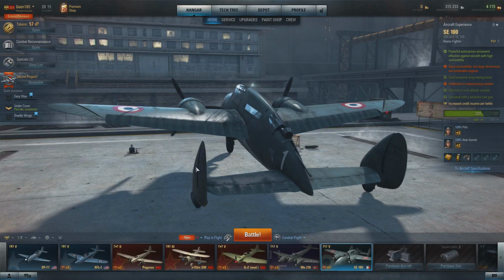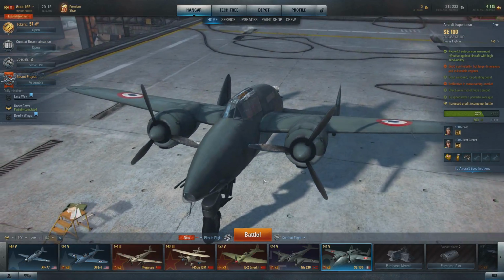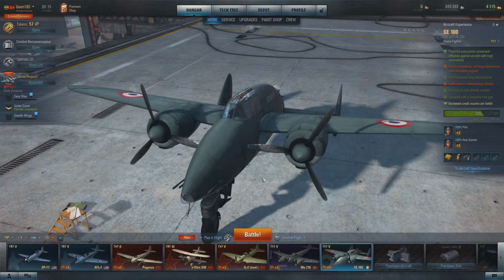It can't carry bombs, though. That's pretty much the only downside to this vehicle. However, there's another vehicle that's very similar to this, but is much more expensive, that can carry bombs. But what we're going to be doing here is we're going to try and figure out